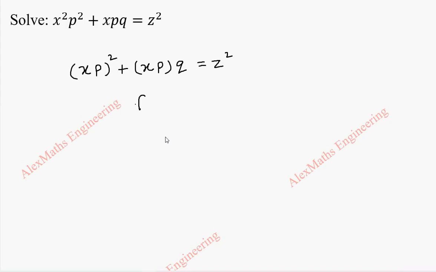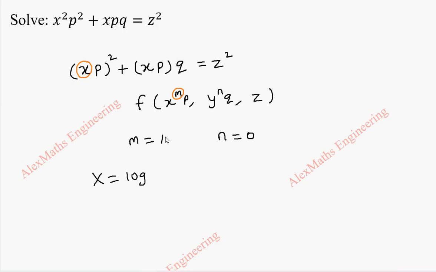So we got the form of f of x power m into p, y power n into q, and z. In this case the value of m is 1, because here we have x power 1, and we don't have a y term. It means the value of n is 0. When m is 1, we have a substitution: capital X is log x, and when it is not 1, we take capital Y as small y power 1